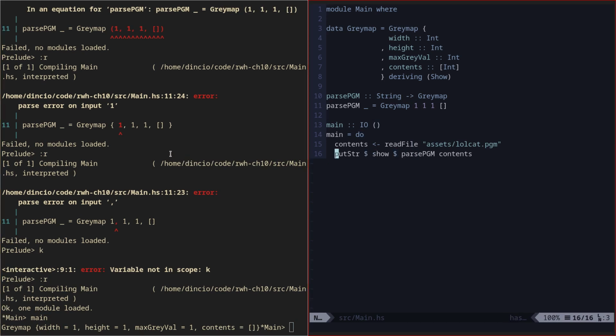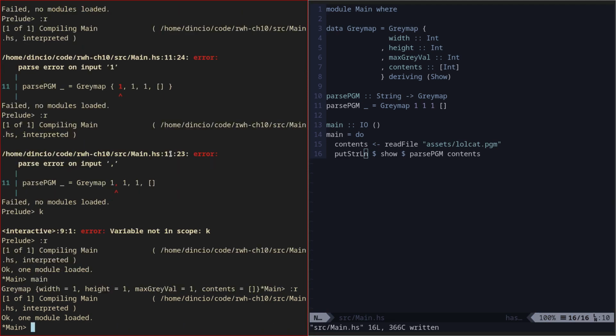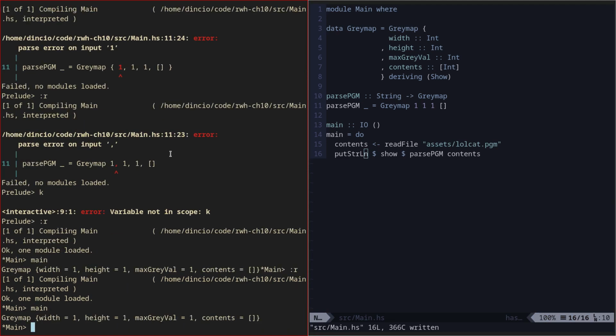Yeah, it works. Okay, can I do it on a single line? Let's reload and let's do it again. Yeah. Okay, so I guess now we just need to implement it. Okay, so first of all, we will not read it as a string. We will read it as a byte string